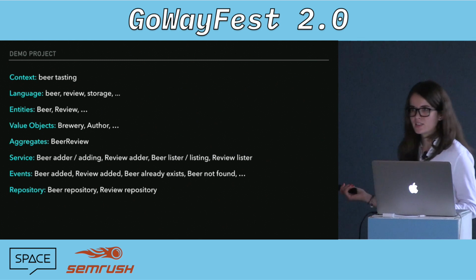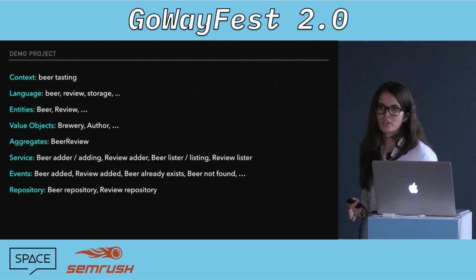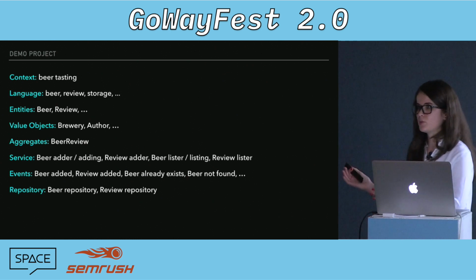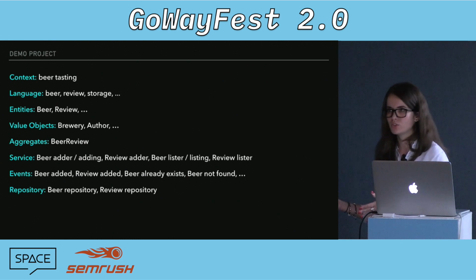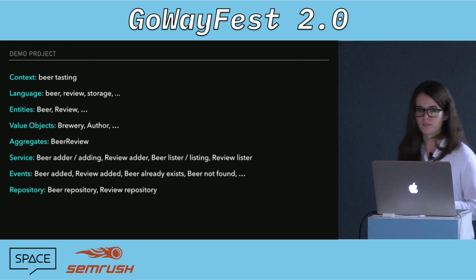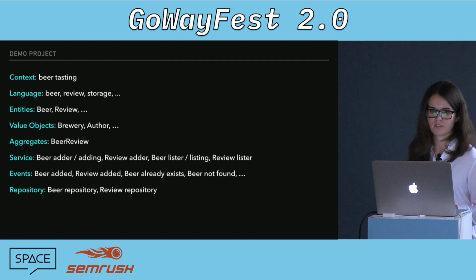UK, US spelling is another common one that is really good to agree on very early on. Or if you're developing in a foreign language, then do you use English names, do you use your normal names? It's good to agree on that early on. So that's what the ubiquitous language is there for.